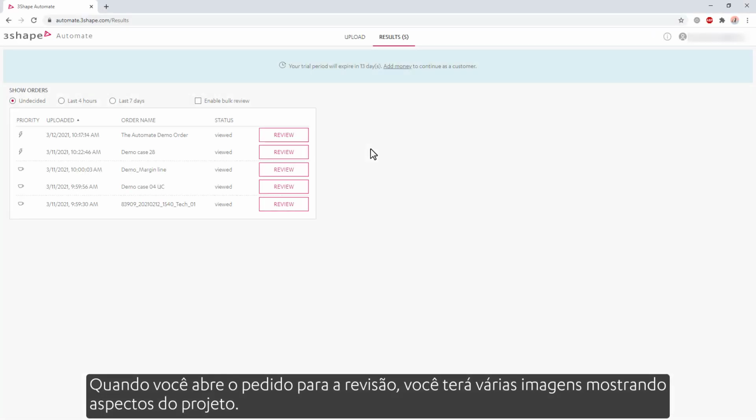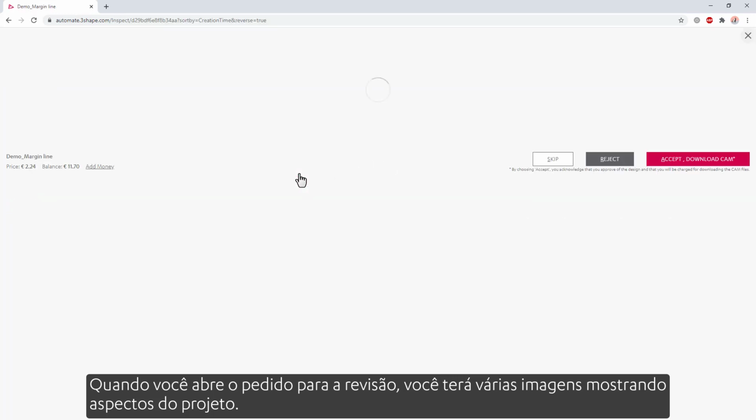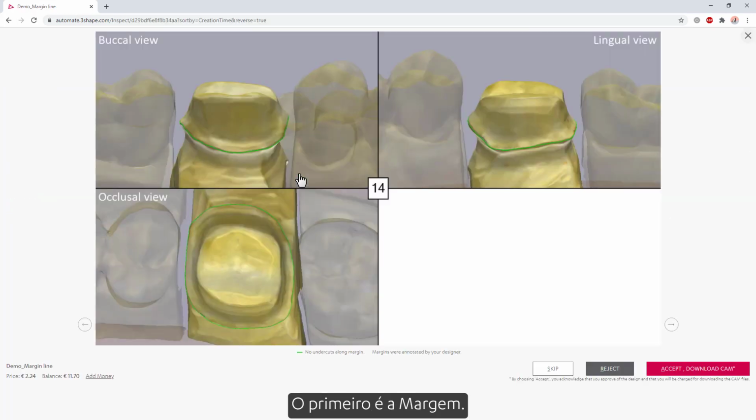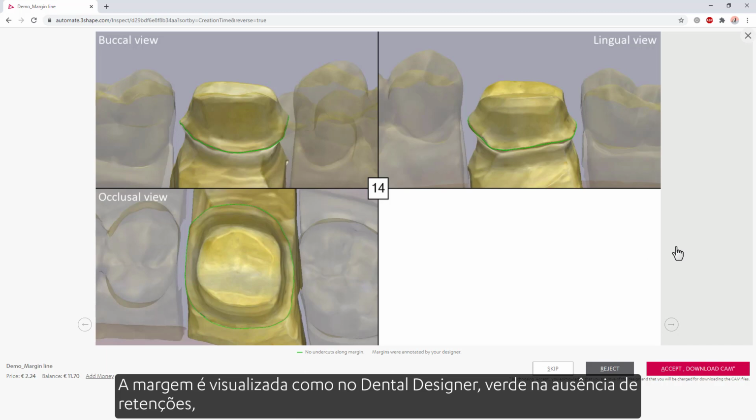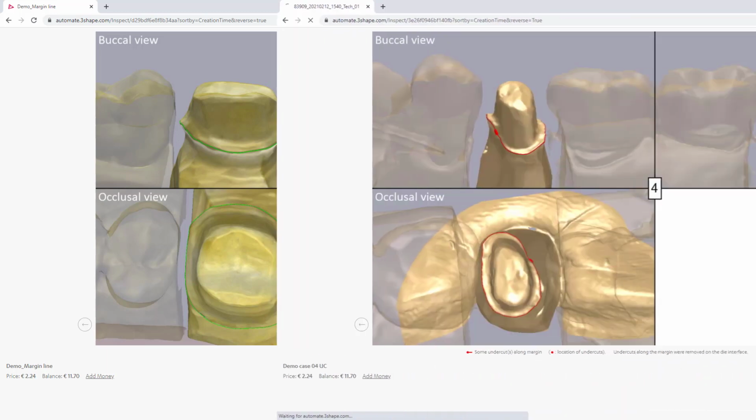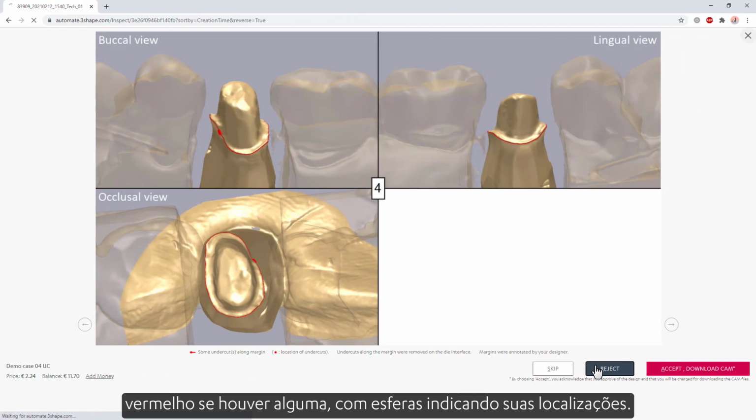When you open the order for the review, you'll have several images showing aspects of the design. The first is the margin. The margin is visualized as in Dental Designer, green in the absence of undercuts, red if there are any, with